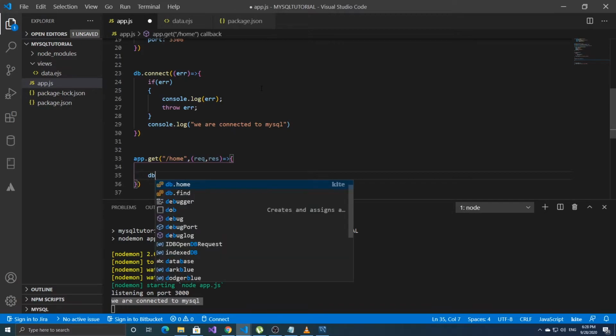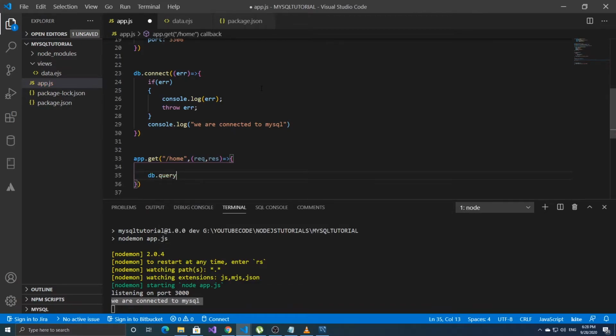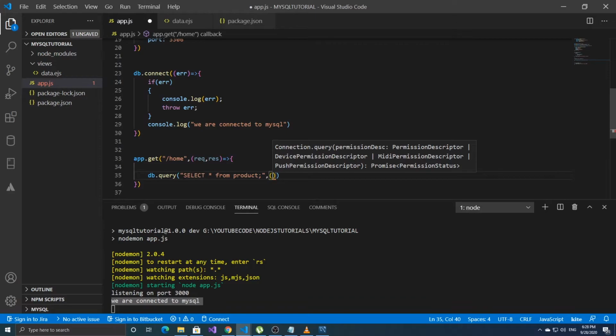And now we make a query to the database. So let's select from product. If we do this, select from product, we get all the elements from the product, and we have an error,